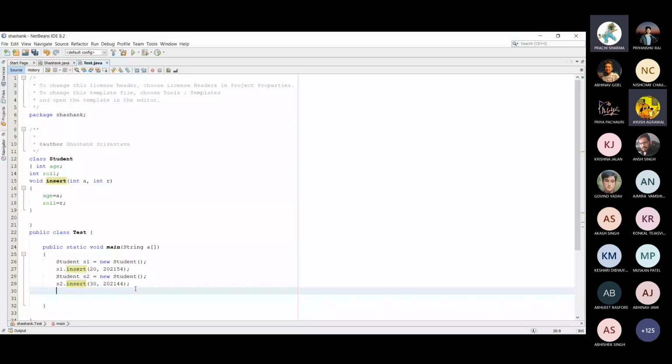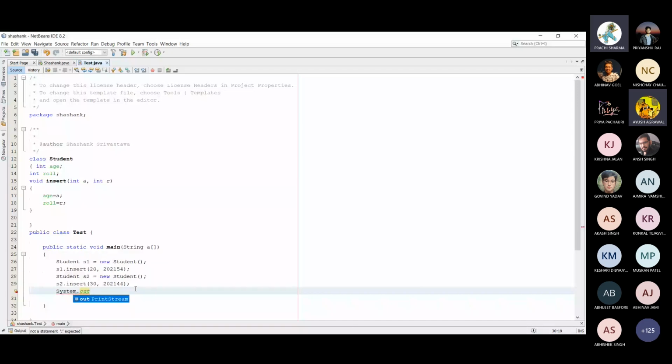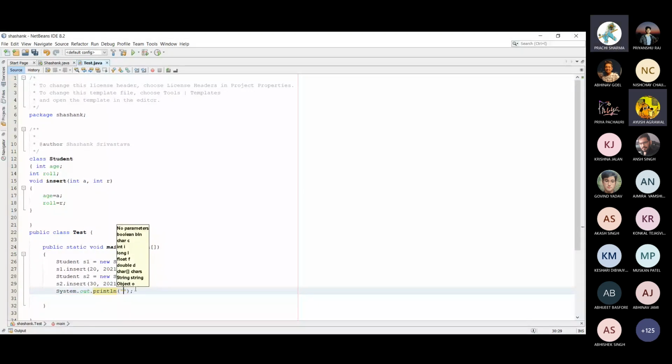In order to print, there is a class System, and in the System class there is a variable out of PrintStream type. PrintStream is also a class, and it has various methods. I will take only the print method or println method, and the message: s1 age is.